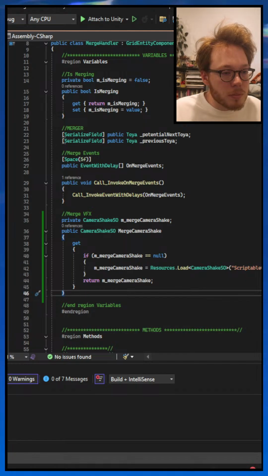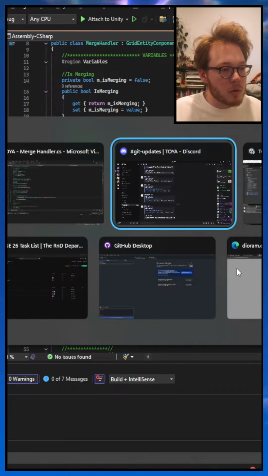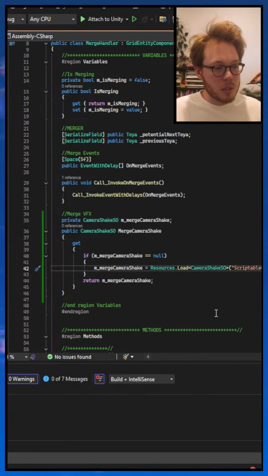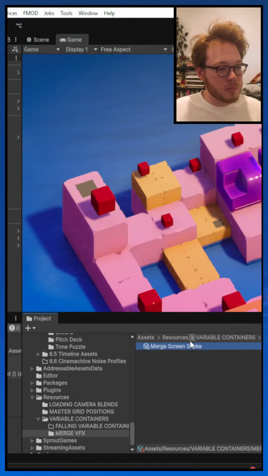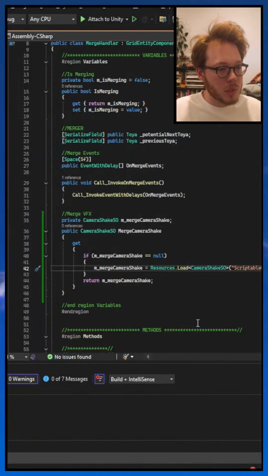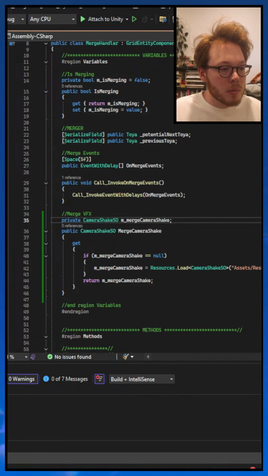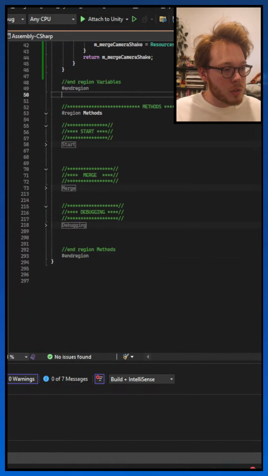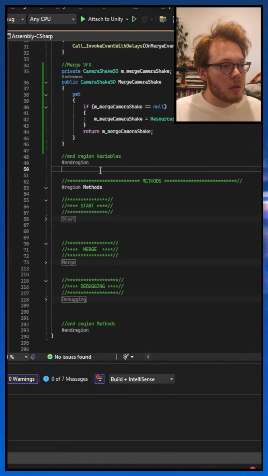Resources load, scriptable objects. That's close, but I want. Is this going to work? I forget if I hit the right keybind. I did. But I don't need that or that. Gorgeous. And then in